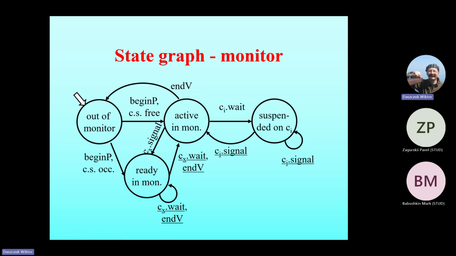When a process is active and it resumes another process, this signal is executed by our process. It signals some other process. So this process comes